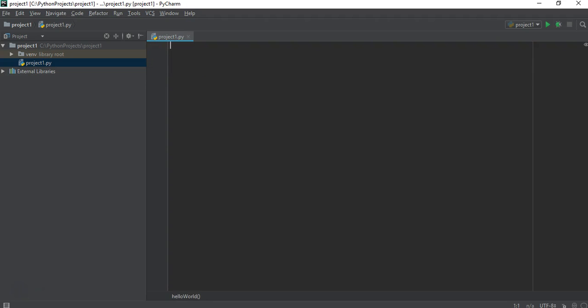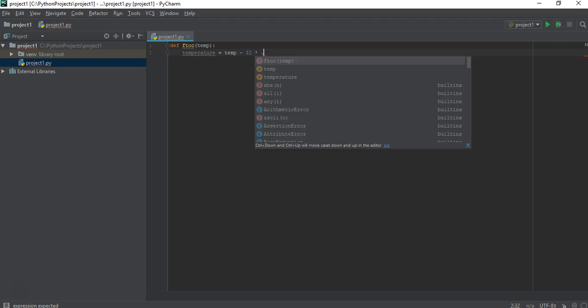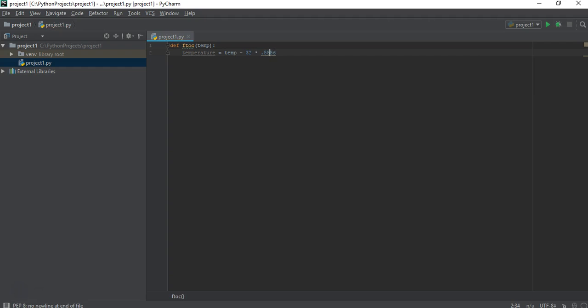Now, let's say I want a function that converts Fahrenheit to Celsius. I can do def f to c. In this function, we have to give it a number, and it's going to convert that number from Fahrenheit to Celsius. Because we have to give it a variable, we put in the parentheses what we want it to be called. We'll call it temp, and then put a colon. Now for the function, we want to set a variable called temperature equals temp minus 32 times 0.5556, because that is the equation for